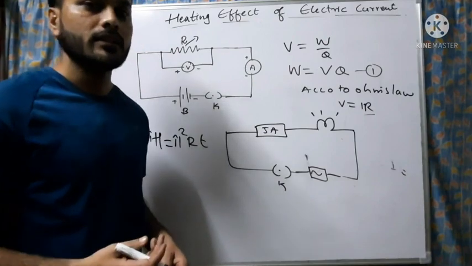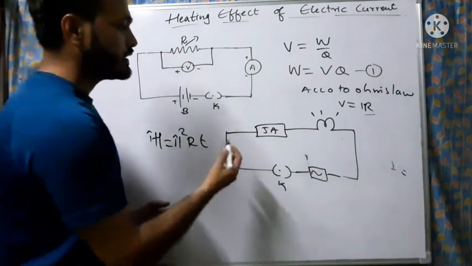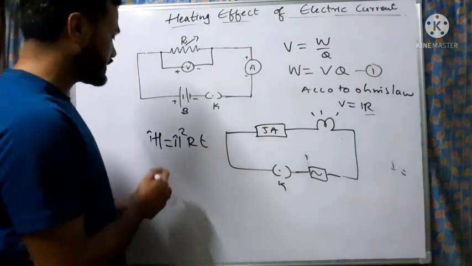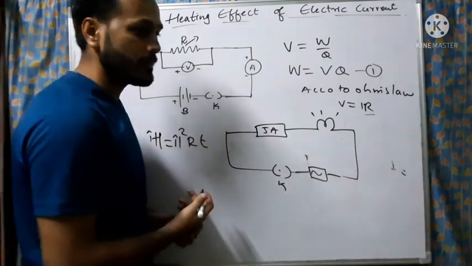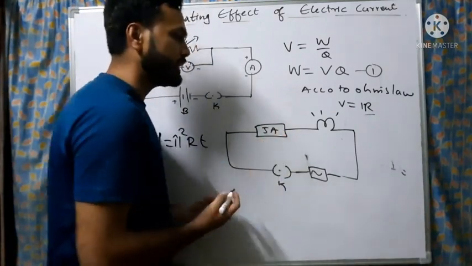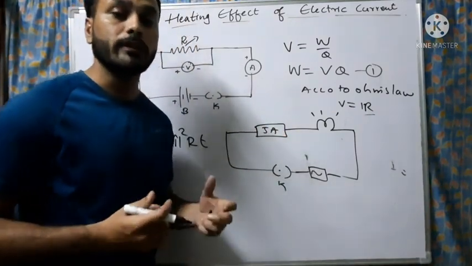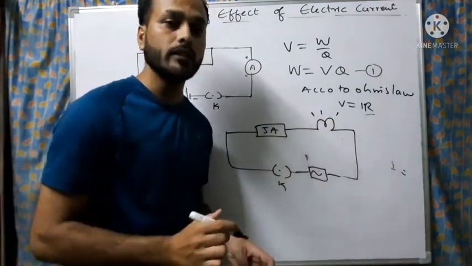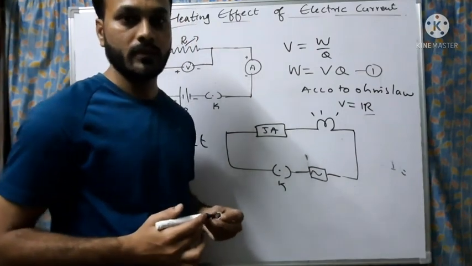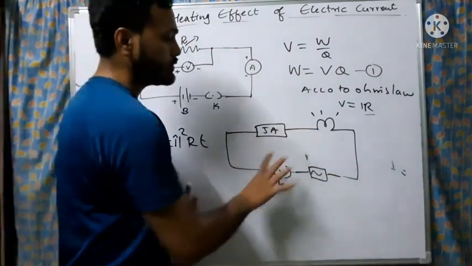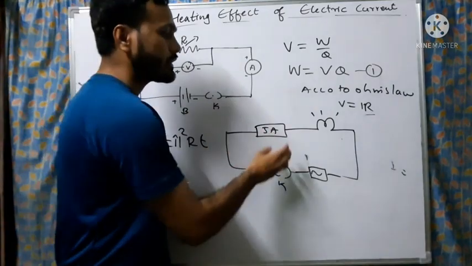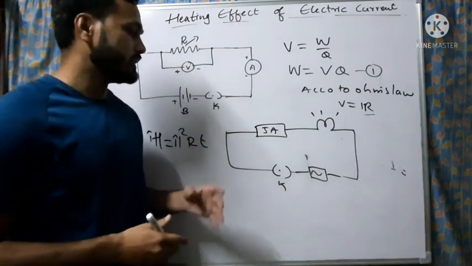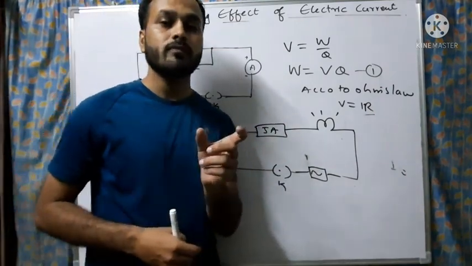Let us say 5 ampere is the allowable current through the fuse, but due to some accidental reasons the current through the circuit has increased. Due to the increase in the current, the heat generated also increases, and due to the high generation of heat, the fuse will blow off, it will melt, and it will protect the appliance as well as the whole circuit from burning. Understand? If there was no fuse here, then the heavy flow of current would burn the whole circuit as well as the appliance. So this is how the installation of a fuse is a safety measure.